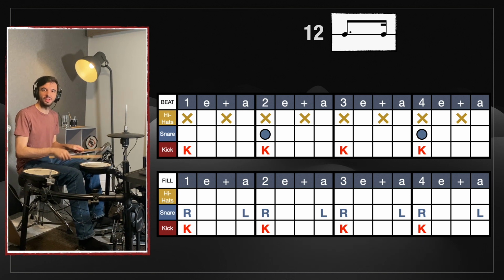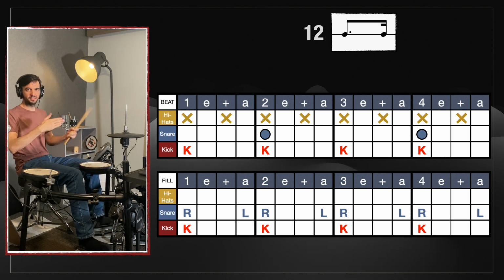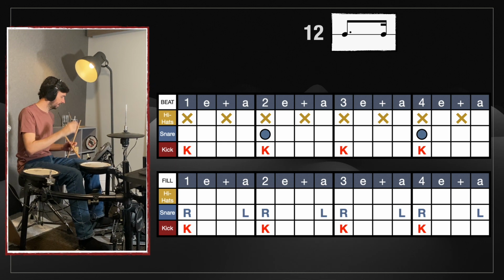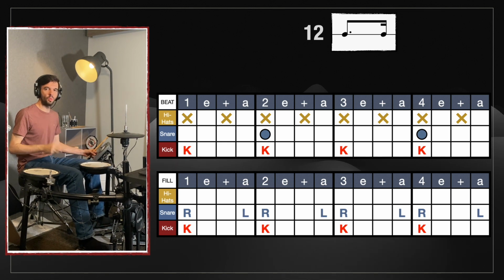1 E and the 2 E and the 3 and the 4. So that's the difference between the two. Here we go, 40 beats per minute. 1 E and